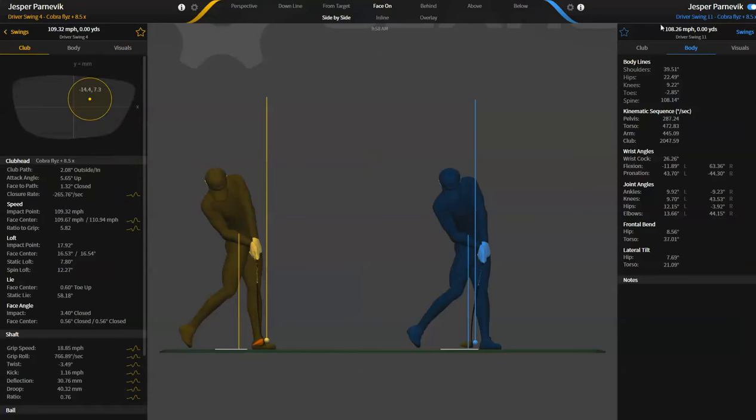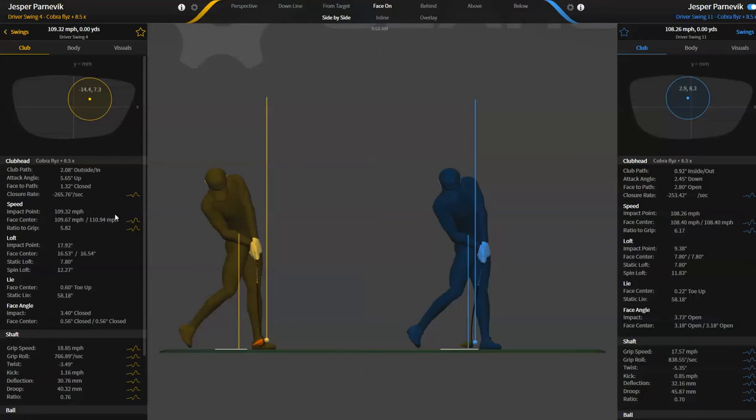So in this case, as Jesper Parnevik hits more up on the ball, the club path goes more outside to in. As he hits more down on the golf ball, the swing path goes more inside to out. Both have benefits. Both have penalties. The more you hit up on it, as the swing path gets more outside to in, you're going to fight that club path a little bit, and you start fighting pulls, pull fades and pull hooks. And an alignment adjustment might be necessary in order to hit the fairway or get the intended